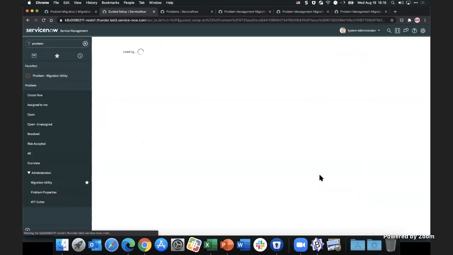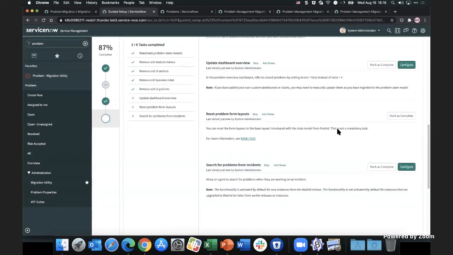and then mark that as complete. We're now going to update our dashboard because we moved from using states, where we had states 1, 2, 3, and 4, and 4 used to be closed. Now we're going to refer to close as active is false. So what we'll do is click on configure for the dashboard